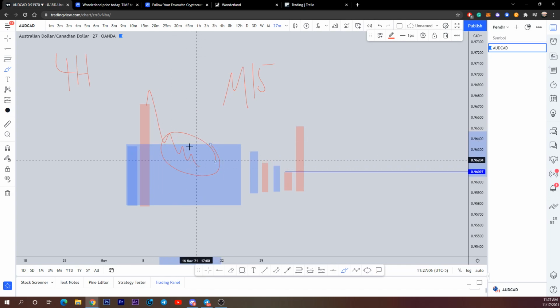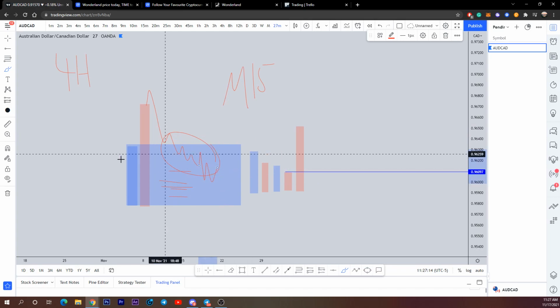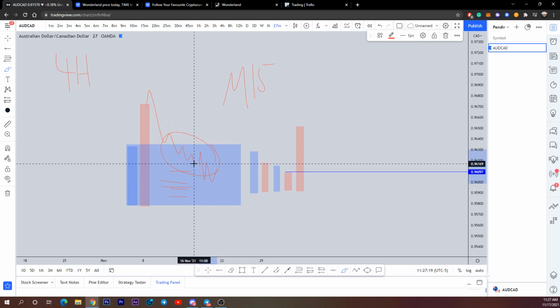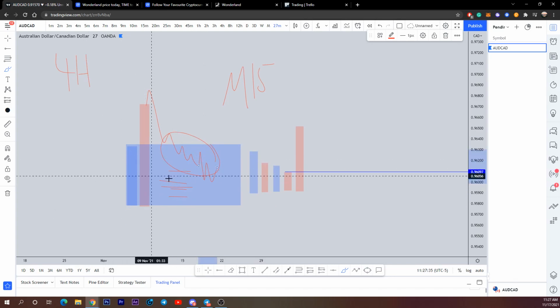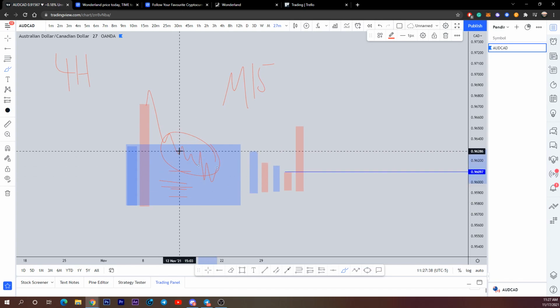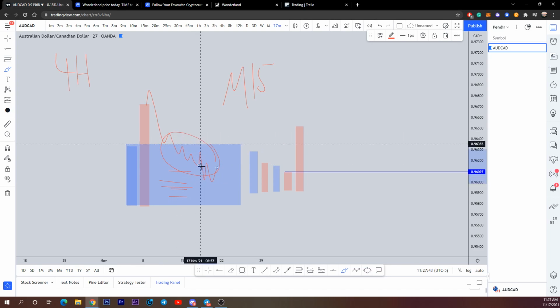The problem with this is you have such a broad area that the market could do a lot of BS in here. That's the problem with having this broad area. The market could come in here and you're looking at a lower time frame, especially if you're on the 5 minute, you could possibly go down to the 1 minute. You're going to see a lot of BS, so you could take a couple of losses before you actually get the right move, because you're just trading in a broad area. You're not gonna get the correct move until the banks mitigate where they need to mitigate. So banks can come in here